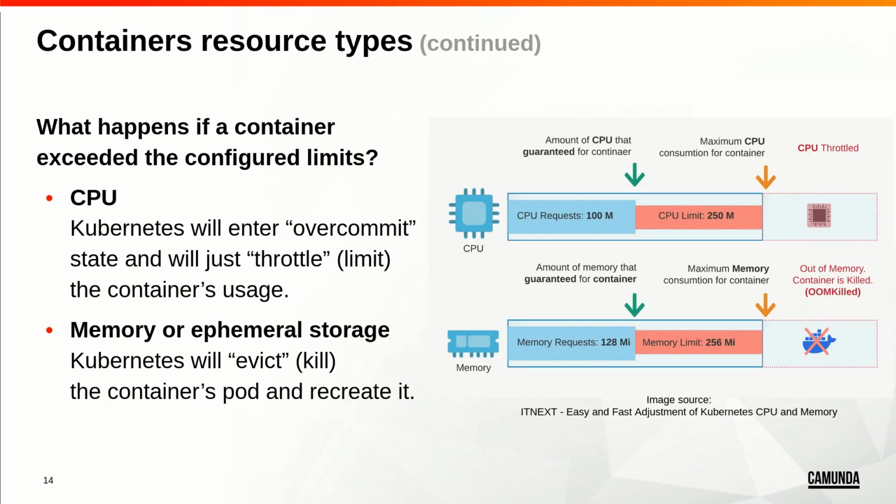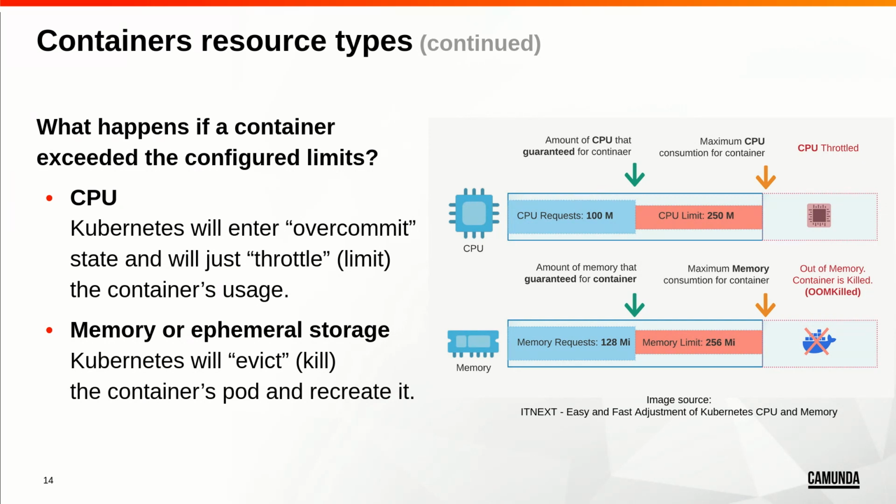Now the question is, what happens if a container exceeds the configured limits? In Kubernetes, there are two different situations according to the resource type. In case of the CPU, if the container passes the limits, Kubernetes will just throttle the container usage. It will not allow the container to use more than what's configured, but the container will run and keep running. In case of memory or ephemeral storage, if the container passes the limits, Kubernetes will evict or kill the pod